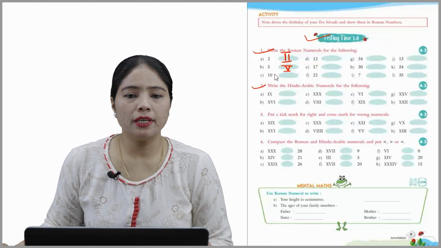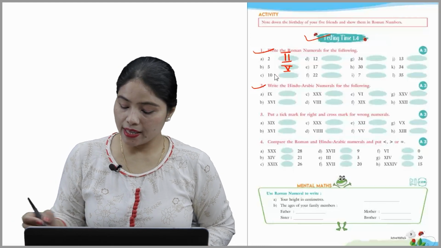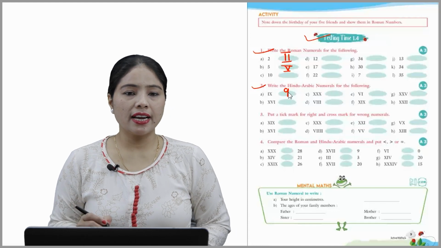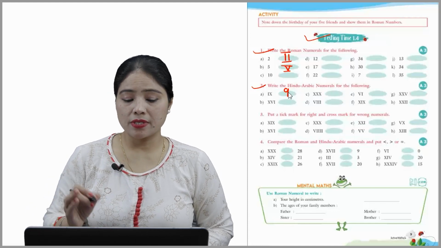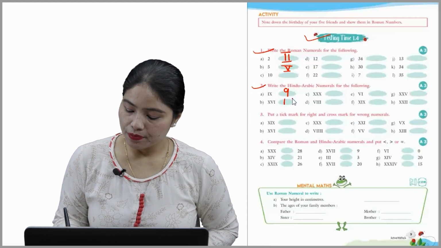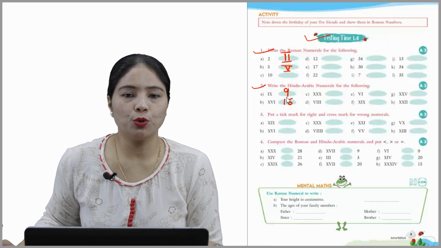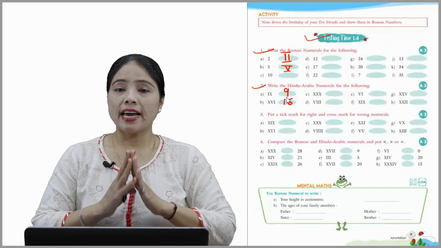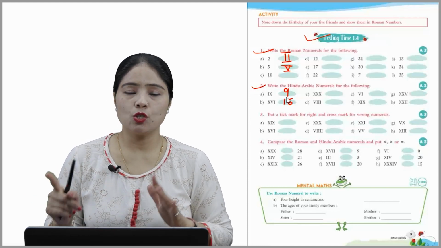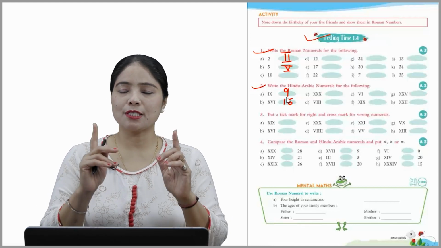Write the Hindu-Arabic numerals for the following. So ये कितना लिखा है हमारा IX. That means it's a 9. So just write 9 and after that X means 10 and VI मतलब 6. So 10 plus 6 makes number 16. So these are the other questions beta. You have to complete it on your own. Okay. So with this we ended the chapter. I hope you understood whole point very nicely. So just do one thing, practice it and do the rest of these exercises on your own.